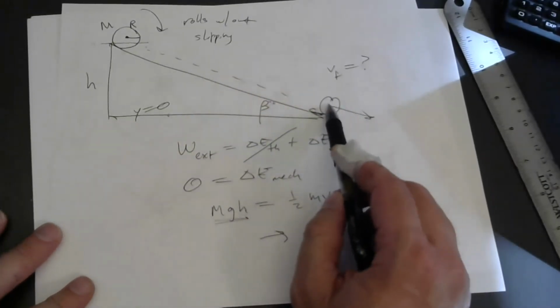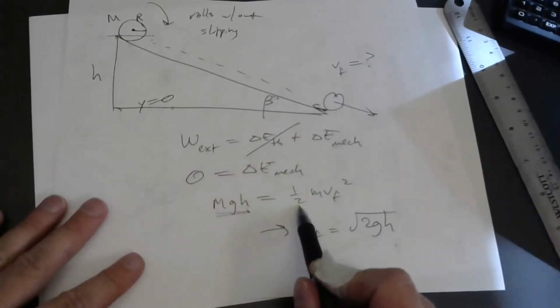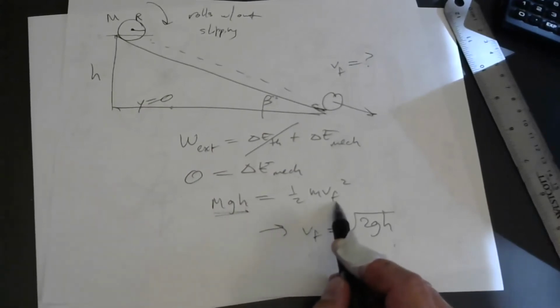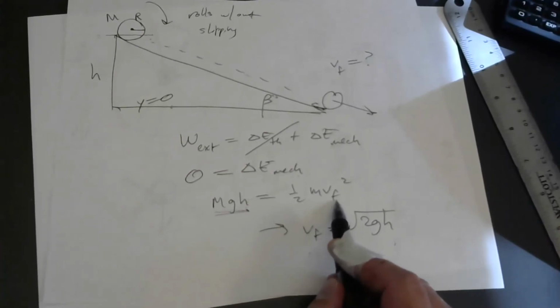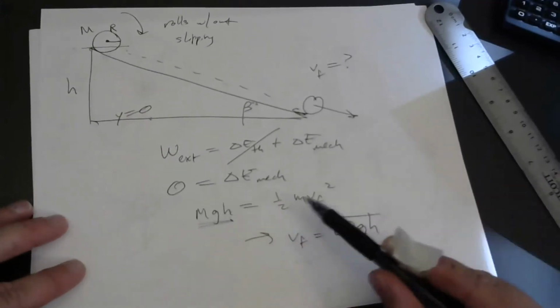This thing is rotating at the bottom because it's rolling, and that means not as much is available for translational energy. So there's no way that the translational energy will be as great as this at the bottom. Some of that energy has to be taken up as rotational kinetic energy. So we need to go back to our statement of mechanical energy